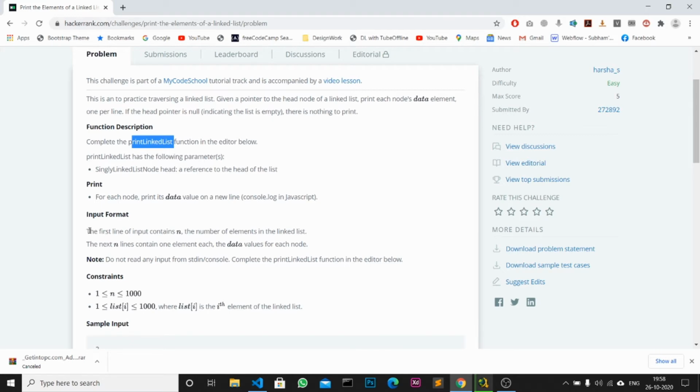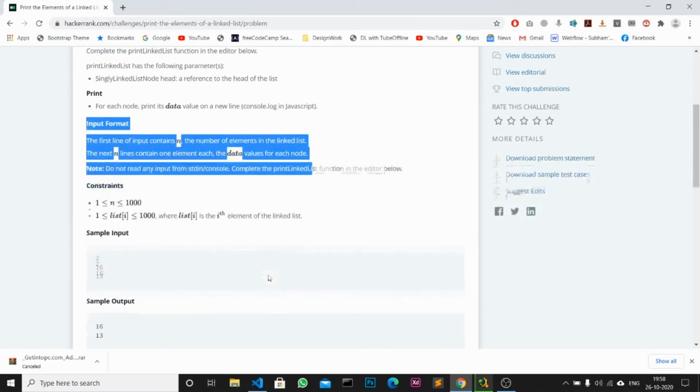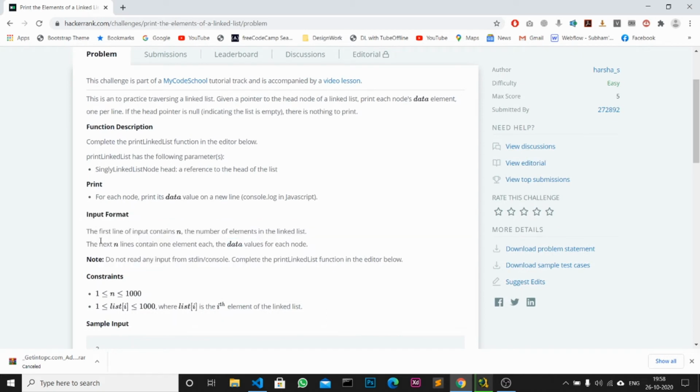Let me see what it will do. The input format, this is the most important part, the input and the output section. The first line of input contains n, the number of elements in the linked list, and the next n lines will each contain one element.